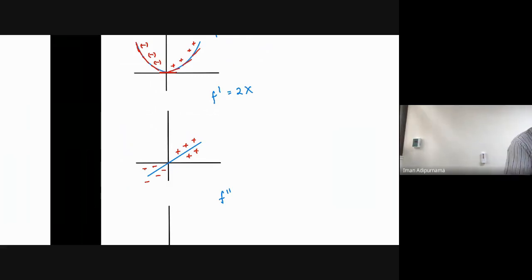So how about the f double prime? This is just 2, right? So you can just have